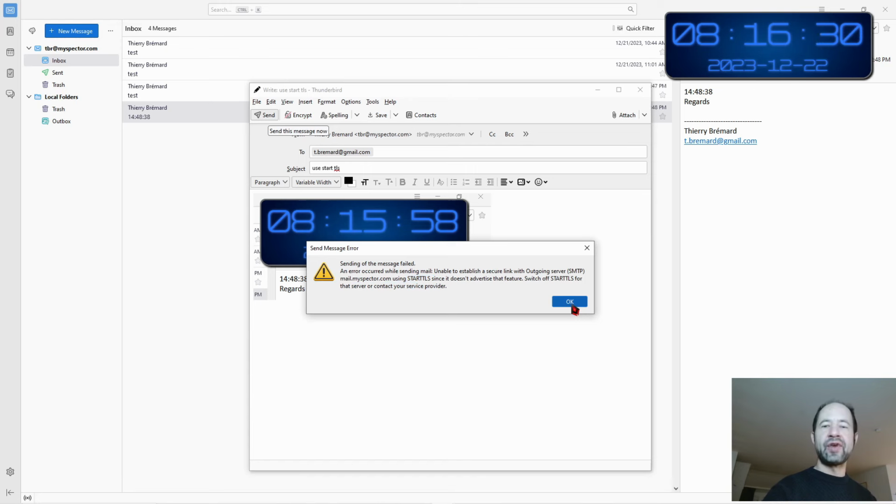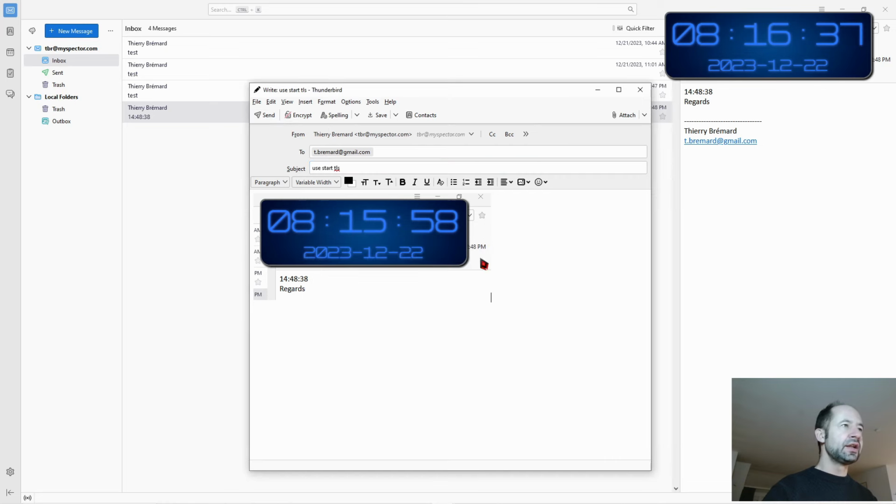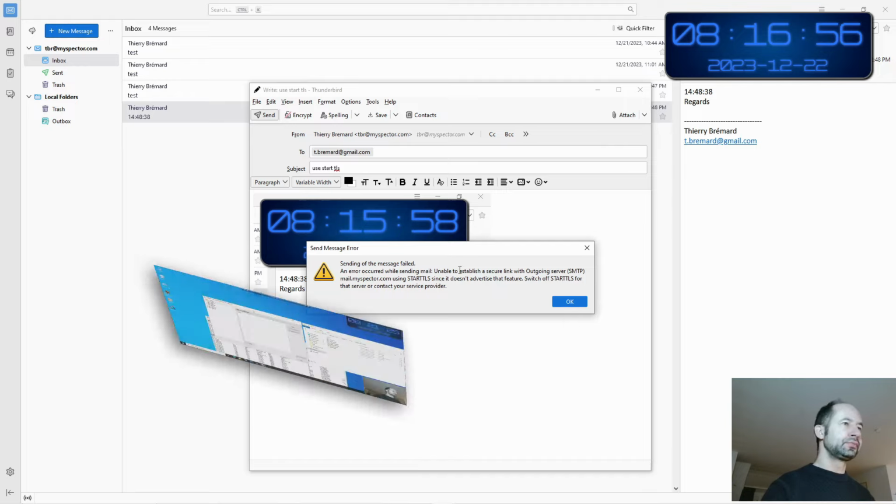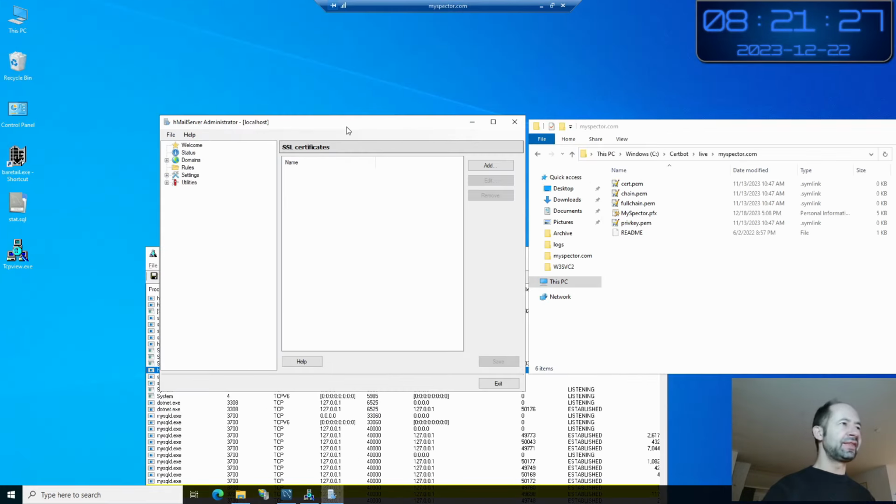So now that we have a failure, we can characterize that STARTTLS is not yet used. I can try to configure it on the server side. The global idea is, like in TDD for development where tests are passing or failing, here I know that there is a failure. I will go now in the server side, try to make the configuration and make it work. So I am connected to my server with the hMailServer administrator.